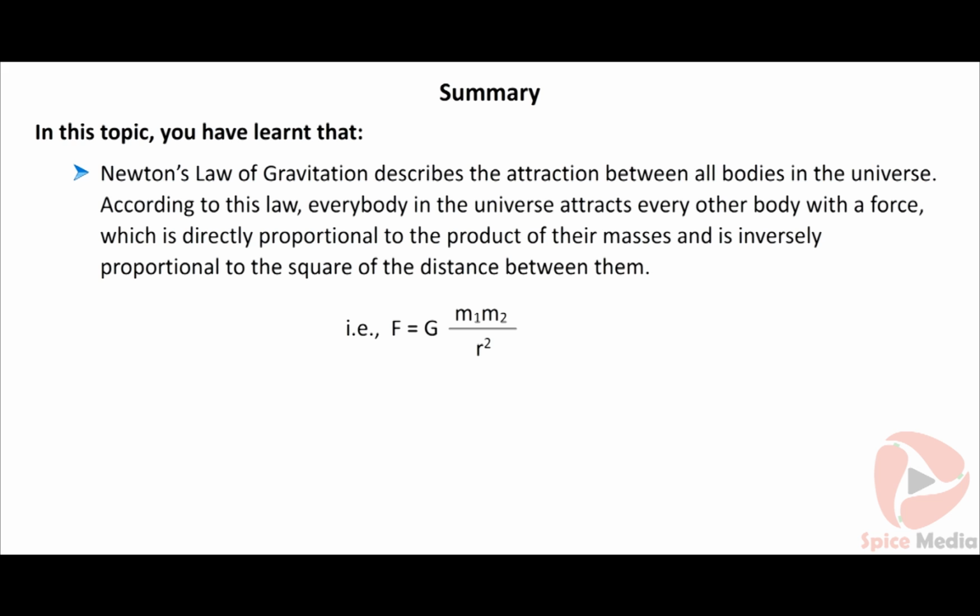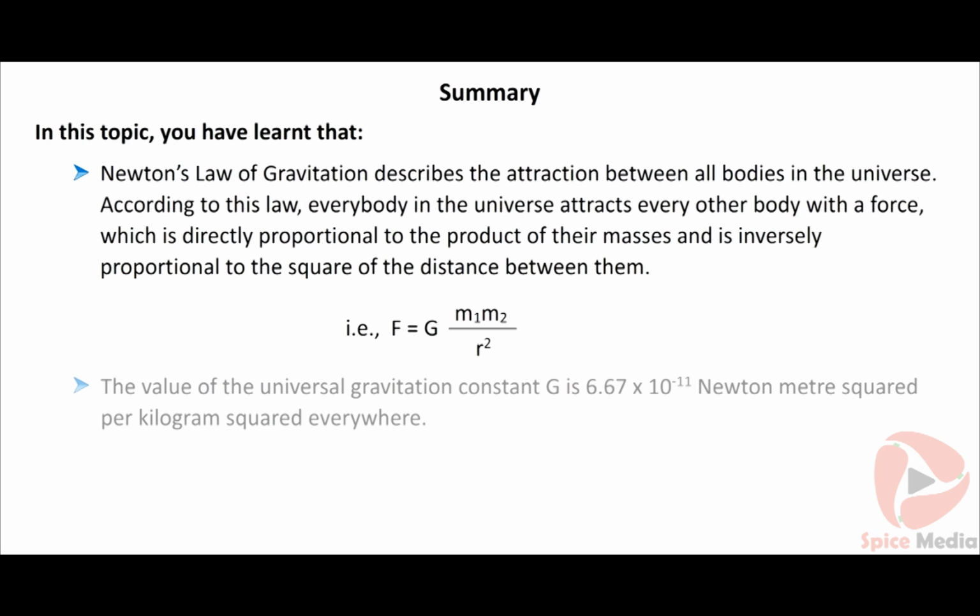According to this law, every body in the universe attracts every other body with a force which is directly proportional to the product of their masses and is inversely proportional to the square of the distance between them. Therefore, F is equal to G m1 m2 by r squared. The value of the universal gravitation constant G is 6.67 times 10 to the power minus 11 Newton meter squared